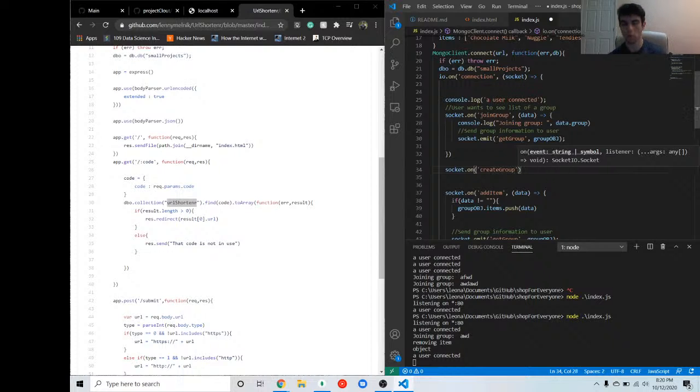Because we want people to create a group and they're gonna have a code or URL with a username and password, because we don't want people to just get on anybody's list and just mess with them. So on create group,